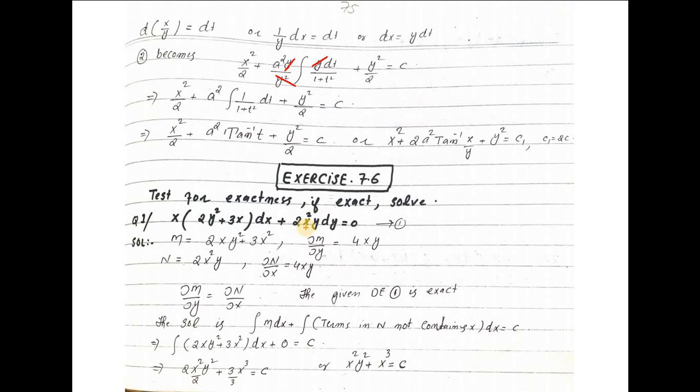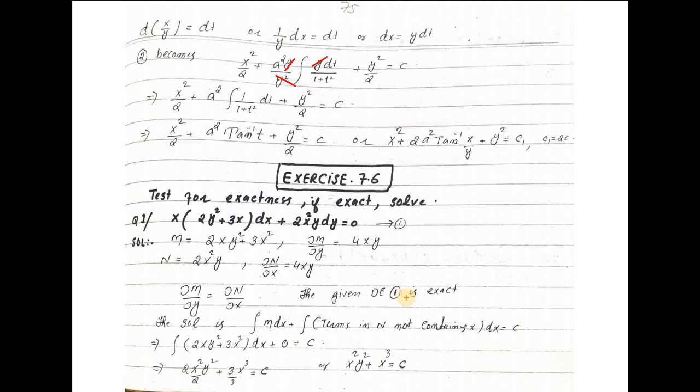This one is value of n. Del n over del x will be equal to 4xy, since value of del m over del y equal to del n over del x. Thus the equation number 1 is exact. This is equation 1, and it is exact because the necessary condition